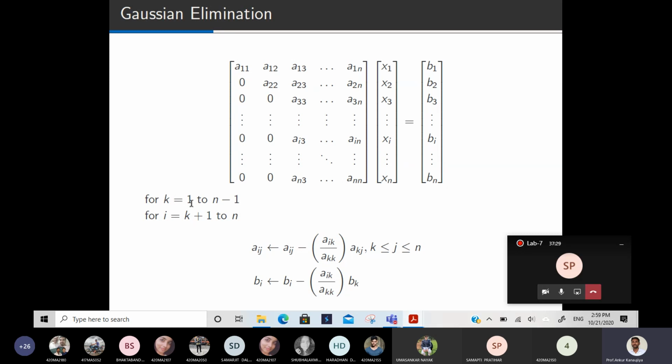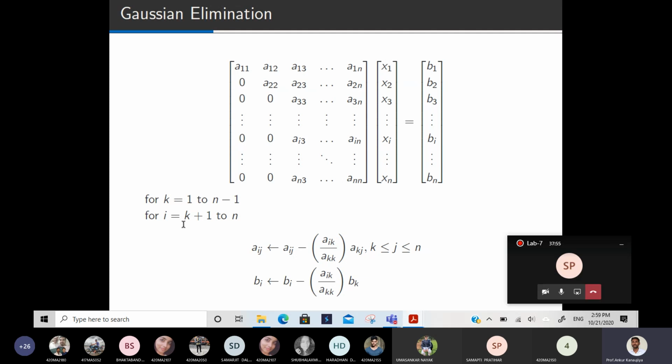Once we are applying column number 1, that means in each column we are making entries 0, then i will start from k plus 1 to n. That means we are making entries 0 from the second row onward, not the first row onward. If you are in the fourth column, then you apply from the 5th row, below the diagonal entry, you are making 0.